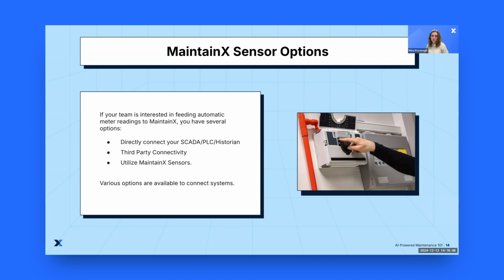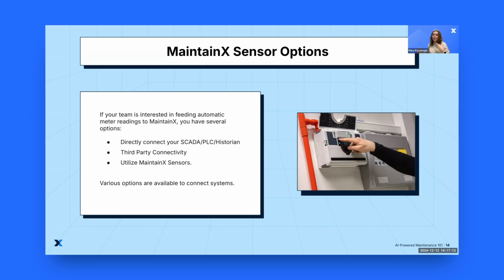We can build it. You can build the connection. You can use our API. You can use the MQTT protocol. You got a lot of different options of doing so. You can chat to us about that. If you're using sensors or meters from a third party, we can also connect to those. Again, we're pretty agnostic in that way. So if you're able to build a connection, go for it. If you'd like us to do so, reach out to our team. We have a team for that. And if you'd like to be connected to a third party, we can do so to help you in that